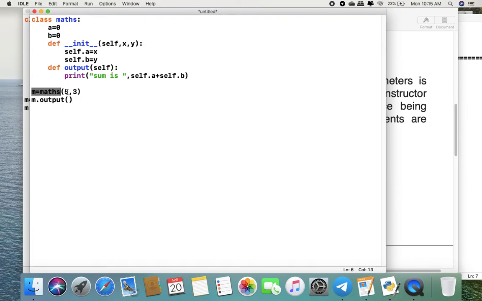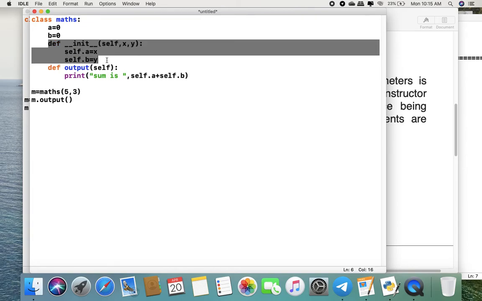At the time of object creation, if a constructor takes any argument, such a constructor is known as a parameterized constructor. Then we call the m.output function, and the output will be 8.